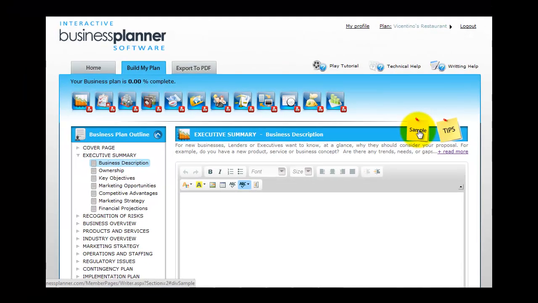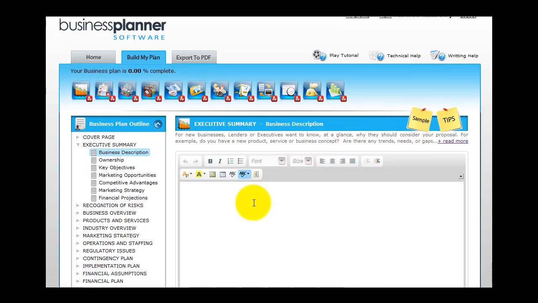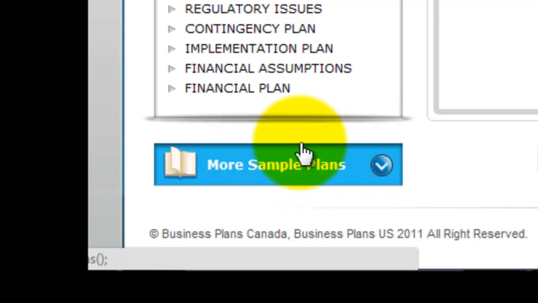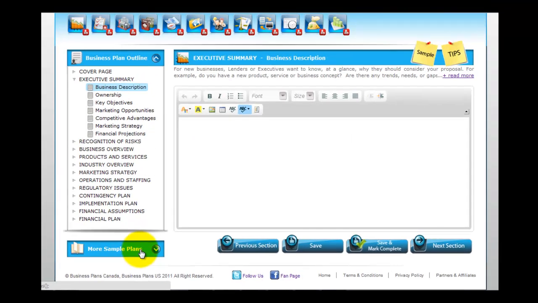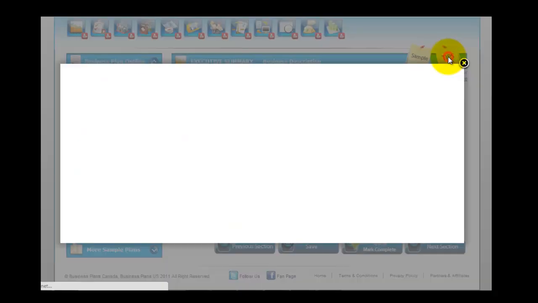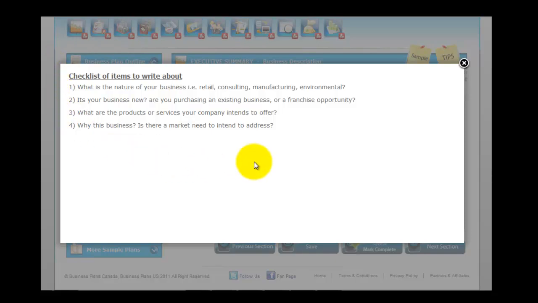And I'm reinforcing on this because you will also find at the bottom left side of the screen that you can actually access full business plans that have been written for other industries, and that you can also use as sample or as an example of the information that you need to include in your business plan. The other sticky note is for tips, and this is basically a checklist of the things that you shouldn't